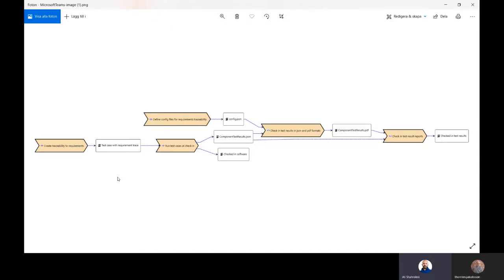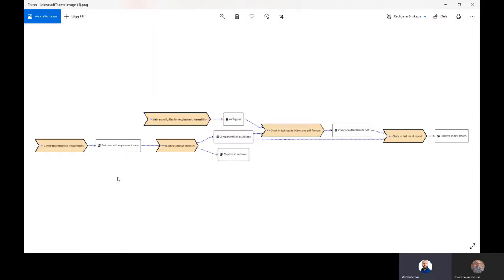My colleague Torsten will show you how you can create traceable tests. First of all, he will show you the requirement set in SystemWeaver. Then he will show you some Python code that he has made to realize this simple mathematical operations component that we have built, and also the test cases related to that. He has also done those in Python, and from the test cases he refers to requirements in SystemWeaver. Then he checks in the code, and he has some scripts that will be executed, the test scripts in the build environment. A formatted JSON file will be produced,